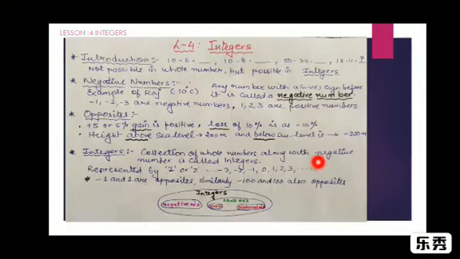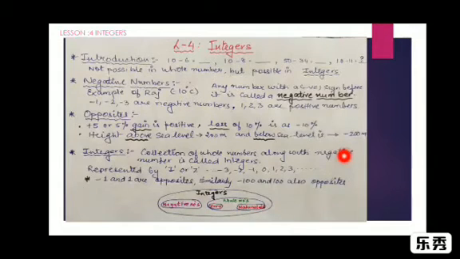Integers are represented by the alphabet either I or Z, as you can see over here where the cursor is pointing. 0, 1, 2, 3 are all whole numbers, and here you have included minus 1, minus 2, minus 3 and so on. That entire thing goes as your integers. So what are integers? Integers are a collection of whole numbers along with negative numbers. I have explained this with the help of a diagram also. You can see on the screen, it is very well represented in this order.